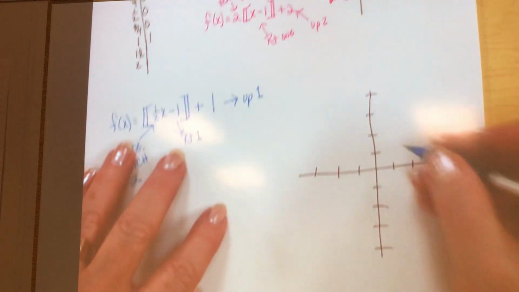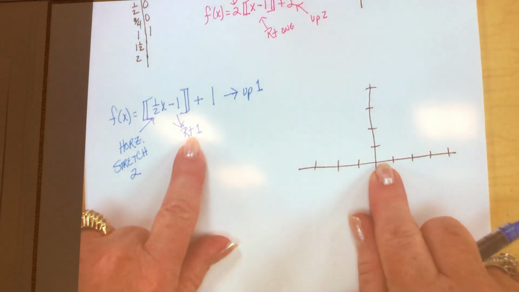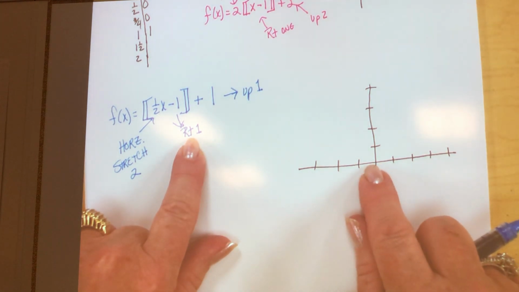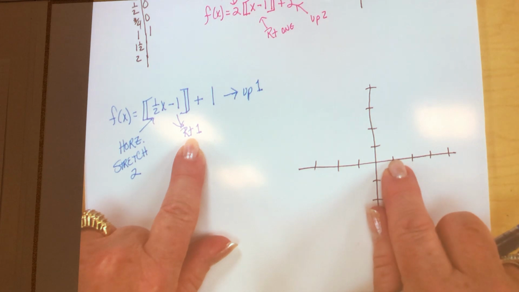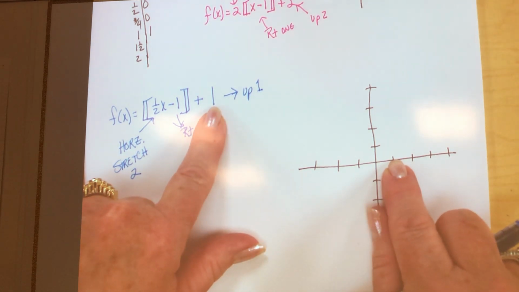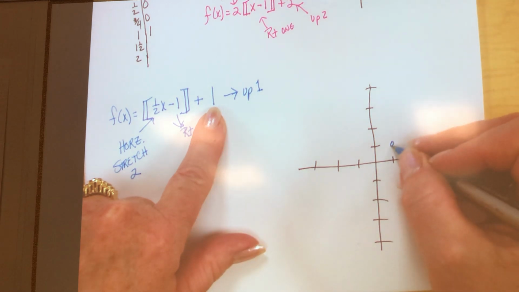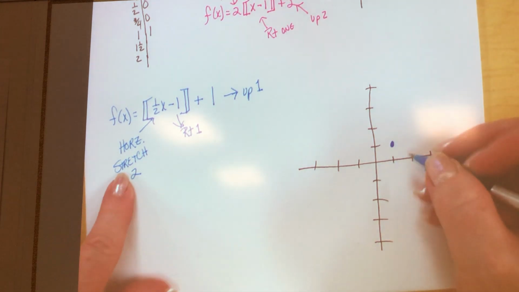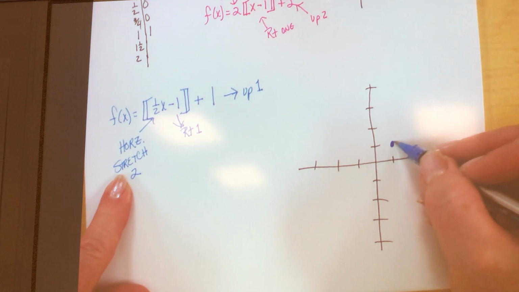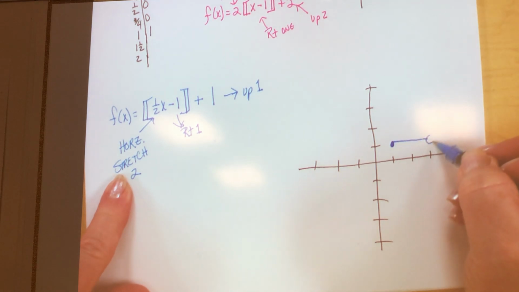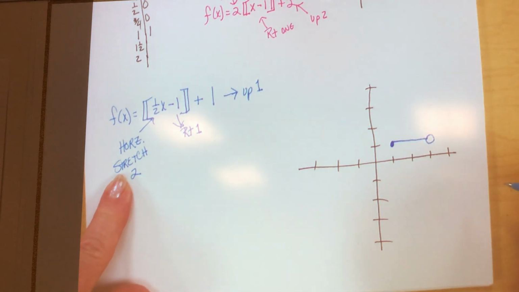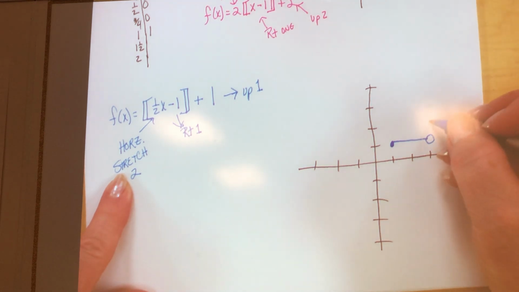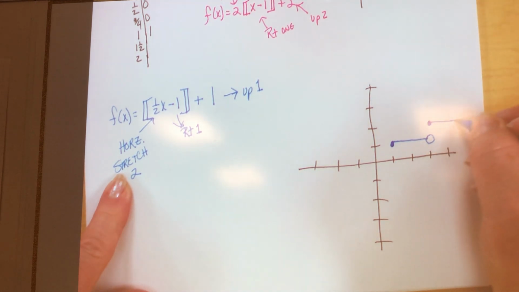All right, so very good. All right, so I'm right here. I'm gonna go right one. So that little solid dot is now right here. Are you with me? What is this plus one gonna do? Up one. So now he's gonna go right here. And this horizontal stretch of 2 is gonna make him go all the way to here. Are you with me? Yes? Okay, where's the next one gonna be? Up one. And 2,